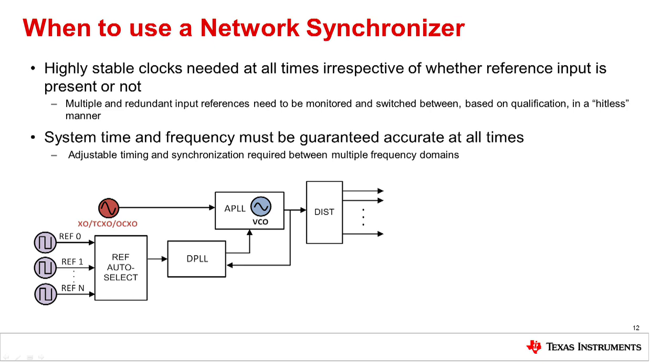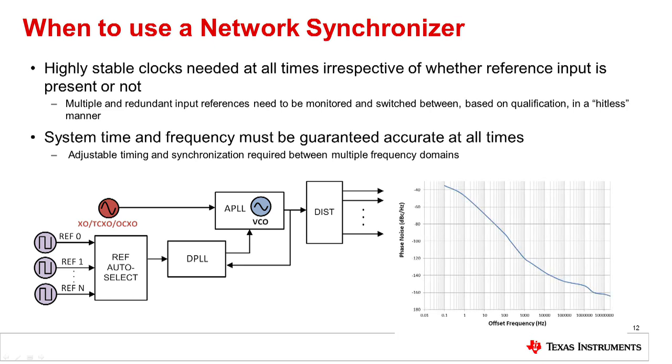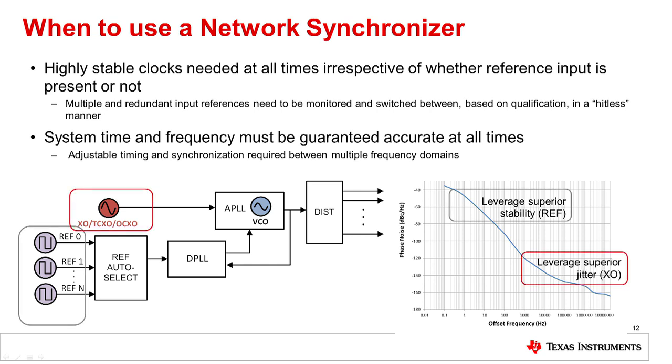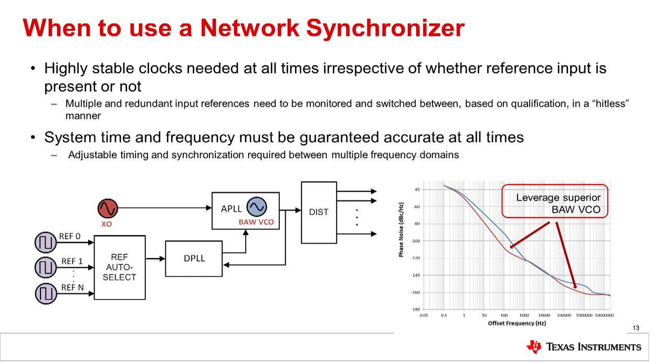The frequency output tracks the stability of the reference close in, and the DPLL bandwidth dictates the long-term aspect of wander and phase transient. The XO and APLL dictate the short-term clock aspect, phase noise and spurious. Mixed signal techniques are used for best performance. However, the on-chip LCVCO often poses some limitations. A new architecture integrating a bulk acoustic wave, or BAW, oscillator into the network synchronizer takes the best aspects of DPLL and APLL and combines them together, resulting in a decrease of in-band noise. Typically, only a low-frequency XO is sufficient to achieve jitter less than 100 femtoseconds.